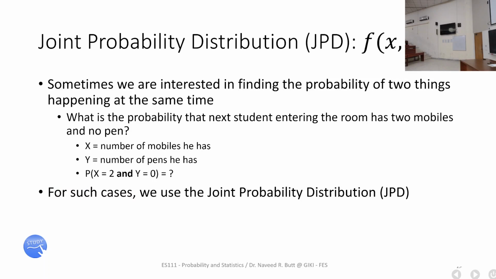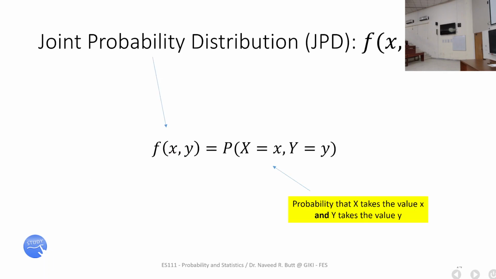Probability of 2 events or 2 random variables taking their values together. So in that case, we have the joint probability distribution. So the first one, what was it? Probability mass function. Another name for that is probability distribution function, right? Both names are used. Discrete case. We will come to continuous later; a little bit of things will be different there. This is all for the discrete case so far. Probability mass function, cumulative distribution function. Now this is the third one,